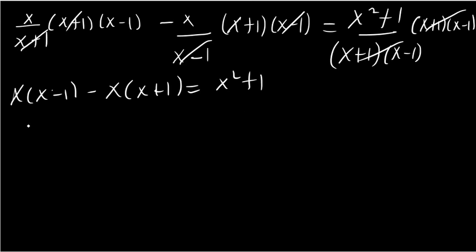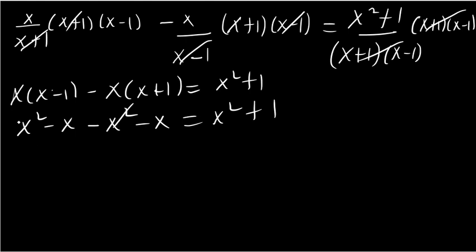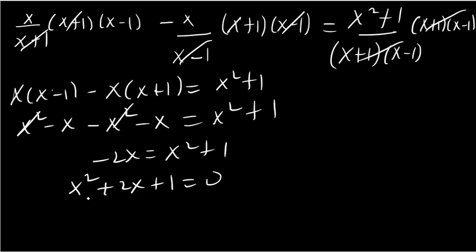square plus 1 left. Therefore, multiplying, x square minus x square minus x again is equal to x square plus 1. Here x square cancels and negative 2x is equal to x square plus 1. When you collect everything as a quadratic equation, it will be x squared plus 2x plus 1 is equal to 0. Then when you factorize this one, it's going to be x plus 1 the whole square